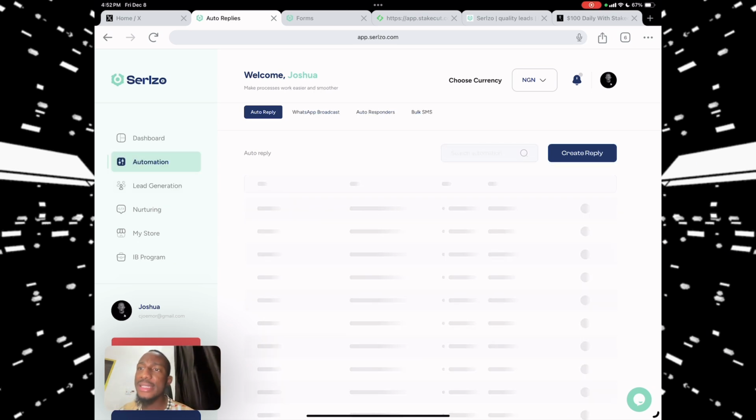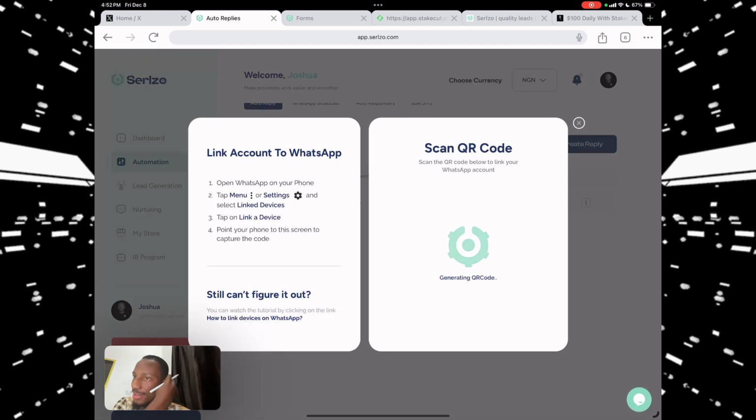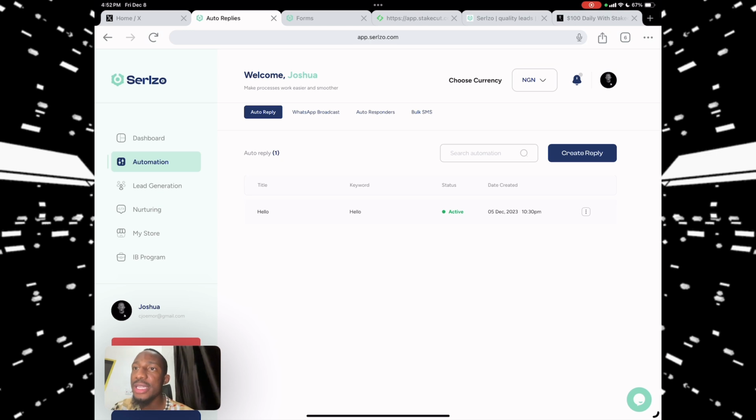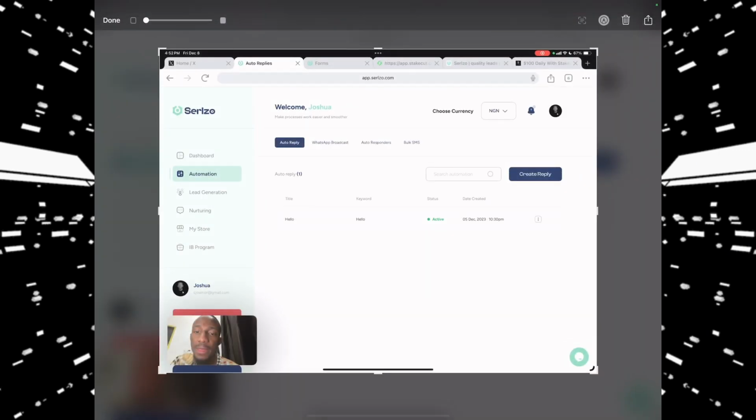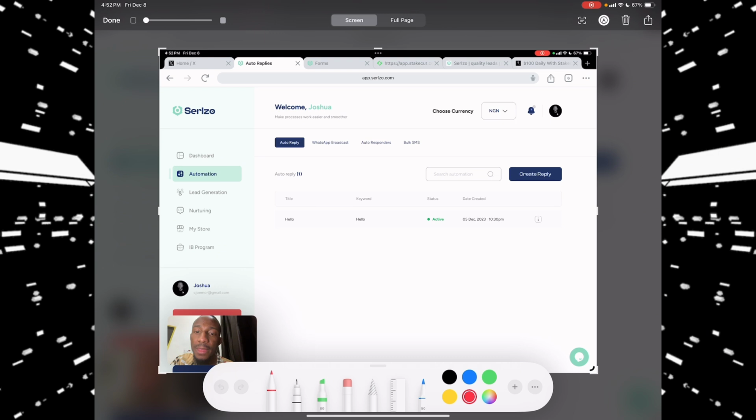You're able to now automate, create auto replies. For example, auto replies, create WhatsApp broadcasts, there's a bulk SMS section for those ones that want bulk SMS. But the beauty of it is that I can now basically sell to people with broadcasts, send them broadcast messages, send them auto responses once they join my list on their WhatsApp. Easy. I can now set auto replies and say, okay, send me the keyword once you register. Click on this link and send me the keyword.